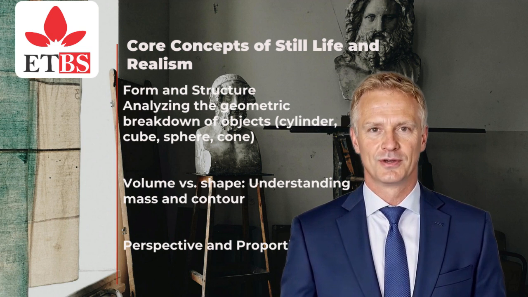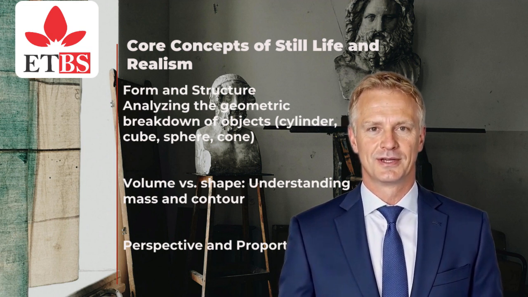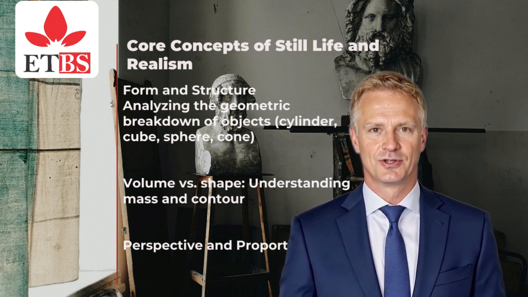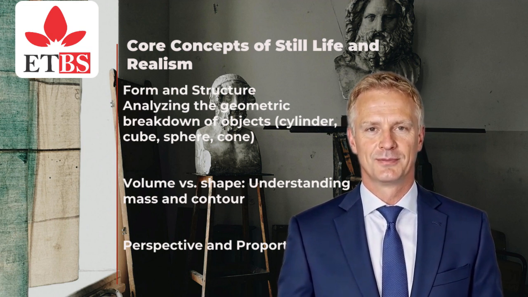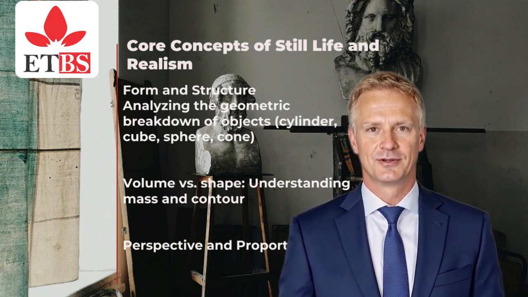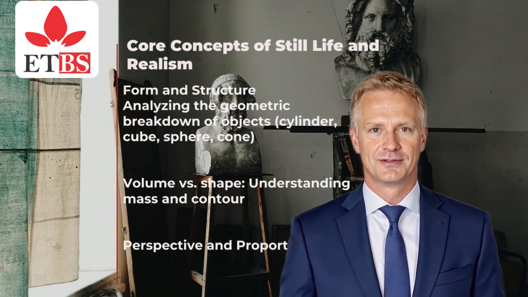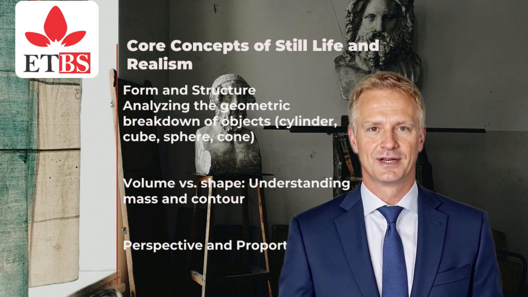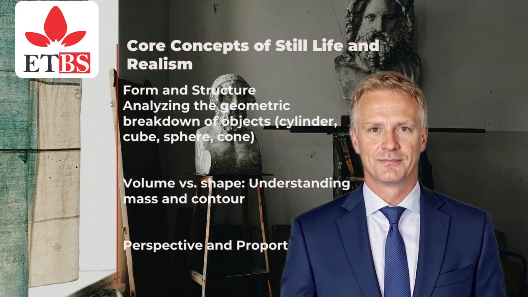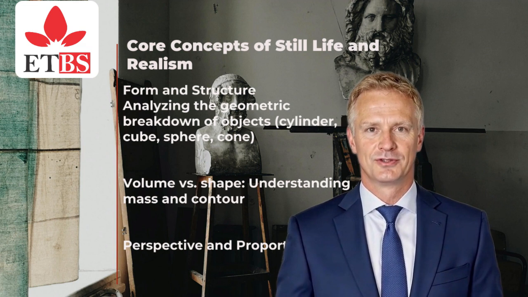3. Core concepts of still life and realism. Form and structure. Analyzing the geometric breakdown of objects: cylinder, cube, sphere, cone. Volume versus shape. Understanding mass and contour. Perspective and proportion. 1-point, 2-point, and 3-point perspective applied to objects, foreshortening and overlap, composition and framing, rule of thirds,